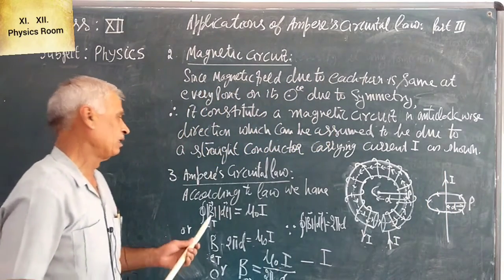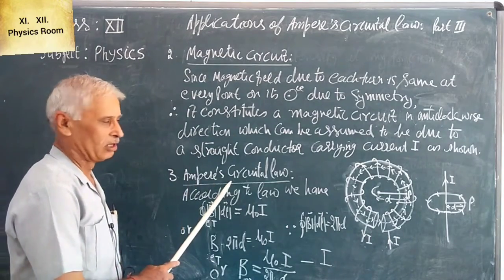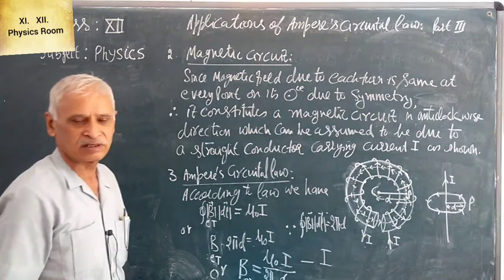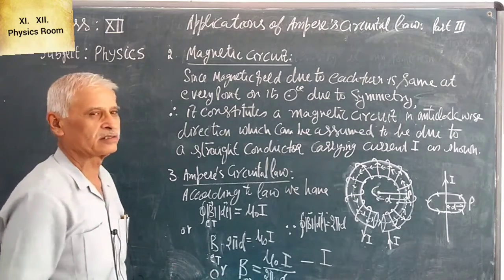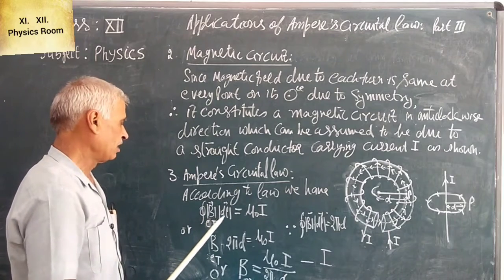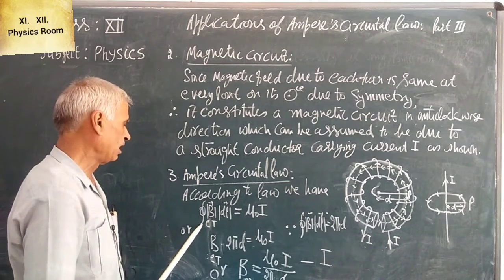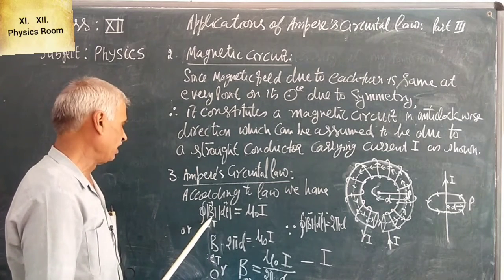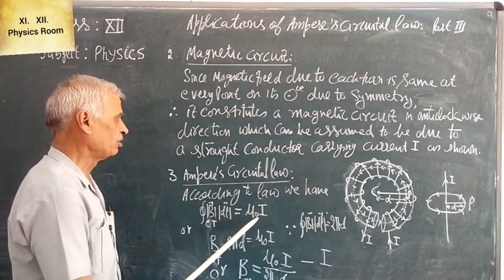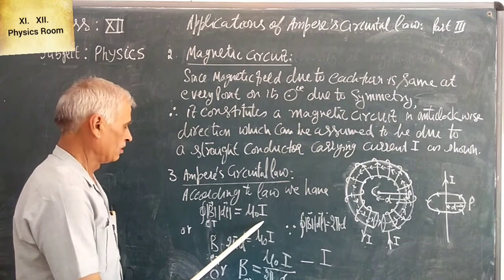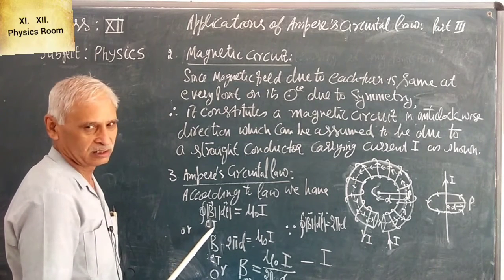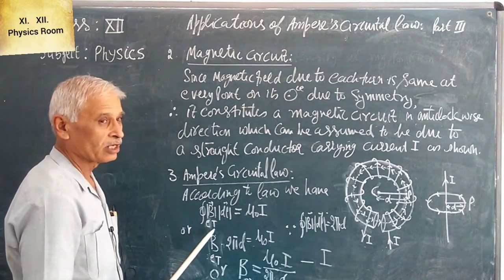Now we apply Ampere's circular law to this situation. Here we can apply Ampere's circular law. So we have created the situation. Now according to the law, the line integral of magnetic field over a closed loop is equal to mu 0 I. This field is due to each turn. ET means each turn,